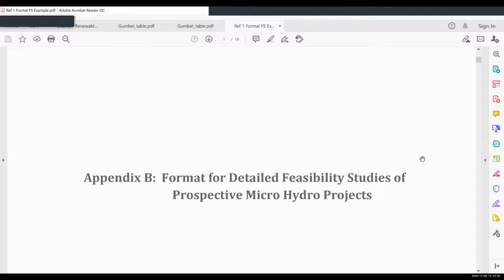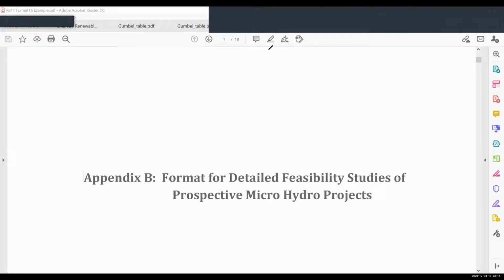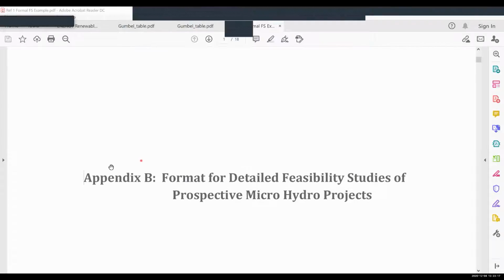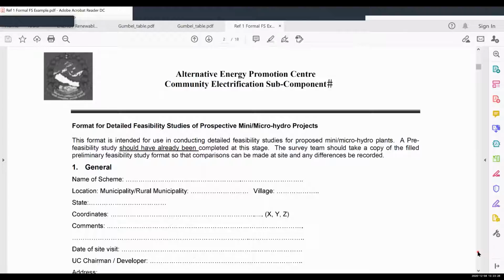Okay. Thank you. We can proceed with this. Yeah, this is the format you can use when you do a feasibility study, for what type of data you will need when you do a site visit. Okay. And this is based on, as I mentioned, an example